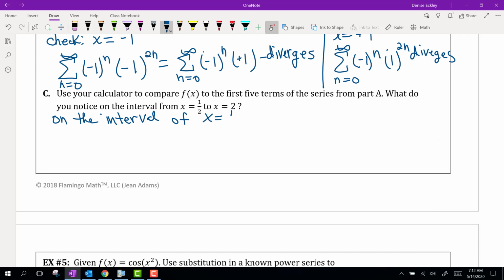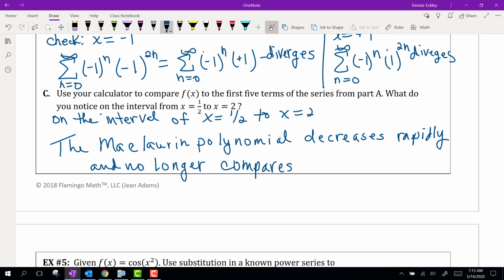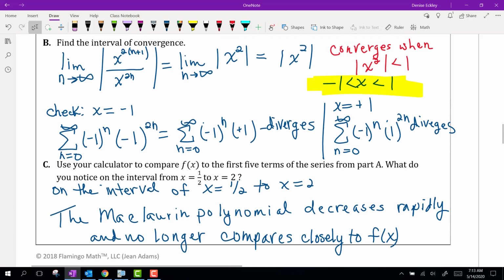of x equals 1/2 to x equals 2, the Maclaurin polynomial decreases rapidly and no longer compares closely to f of x, which is what we'd expect, because remember, our interval of convergence is only from -1 to